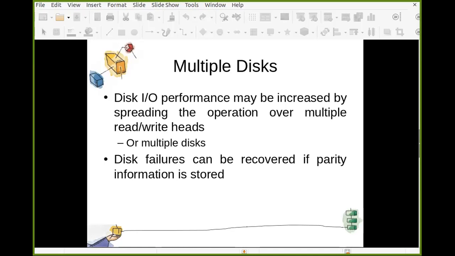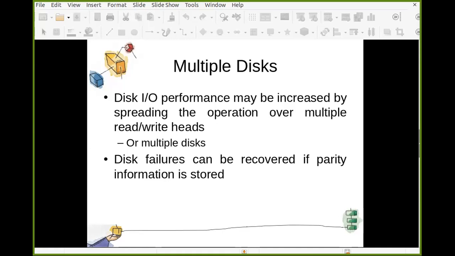Disk IO performance may be increased by spreading the operation over multiple read-write heads or multiple disks. Just assume that your data is stored on multiple disks and requests are coming for different data. The simplest case possible that we will be looking at is mirroring.